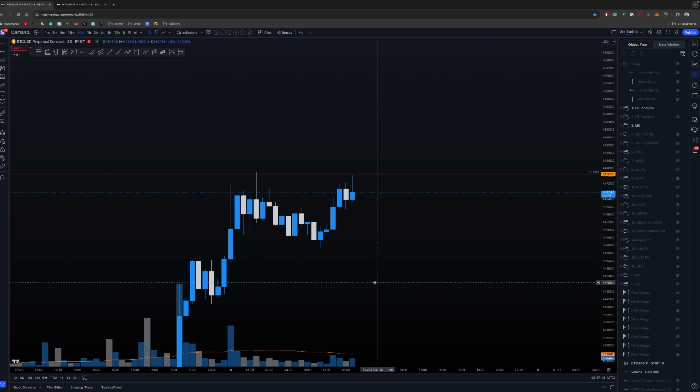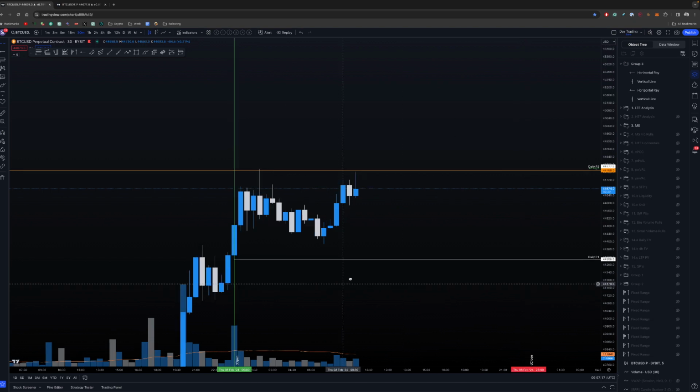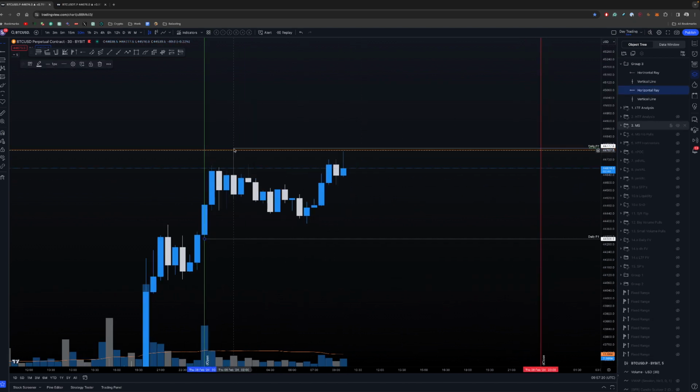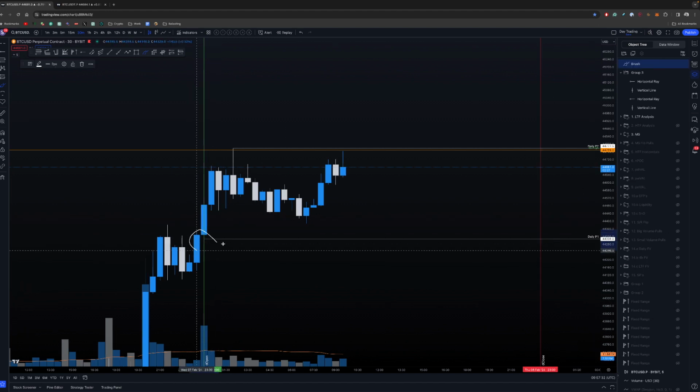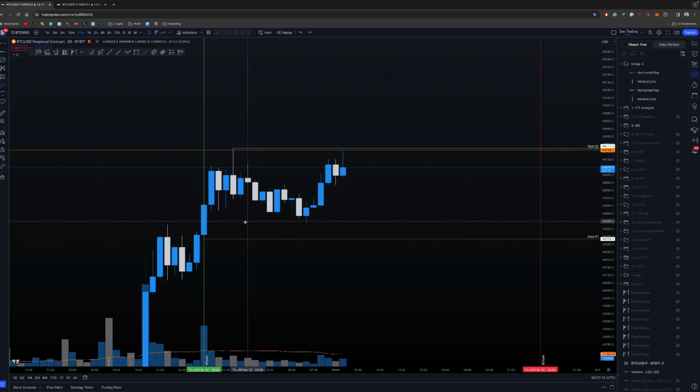So for that, what I do is that I mark out the daily open and the daily close, and I look at where's the daily low and where's the current daily high. At the moment, the current daily low is right here, and the current daily high is right here. I mark out whichever one came first as P1, which stands for pivot one, so it's the first pivot of the day, and P2 is the second pivot of the day. So whichever came second, right? The daily low was first, so the daily low is P1, and the daily high came second, so that is P2. The reason I'm doing this is, very shortly put,